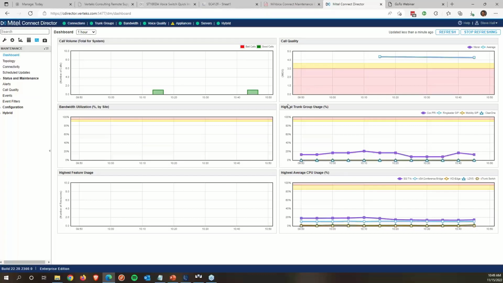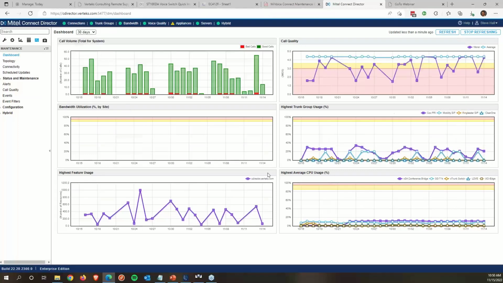We can see call volume, a little bit quiet this morning, call quality, our trunk group usage, how much of our group of phone lines we are using, the CPU usage of some of our devices, and then feature usage, which could be hunt groups, voicemail, different things. Just gives us a little snapshot. By default, it's looking at the past hour. We can change this to 12 hours, 1 day, 7 days, or 30 days